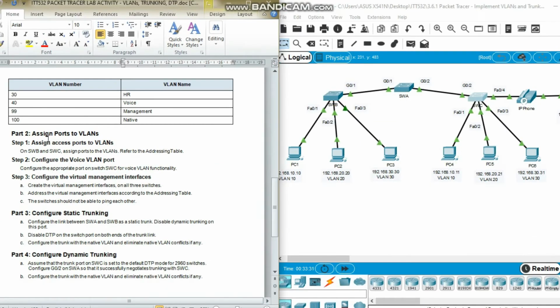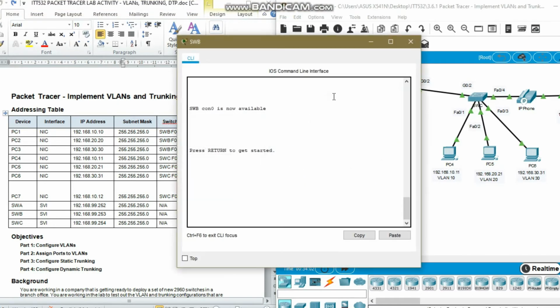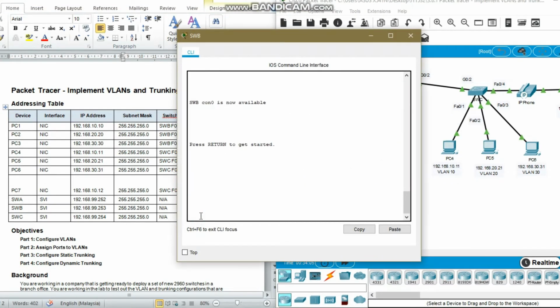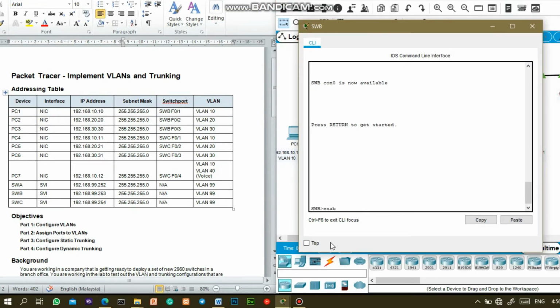And then on part 2, assign ports to VLANs. Step 1, assign access ports to VLANs. On SWB and SWC, assign ports to the VLANs. Refer to the addressing table. Refer to this: SWB FastEthernet 0/1, the VLAN is VLAN 10, and so on. We can go to SWB, enable,